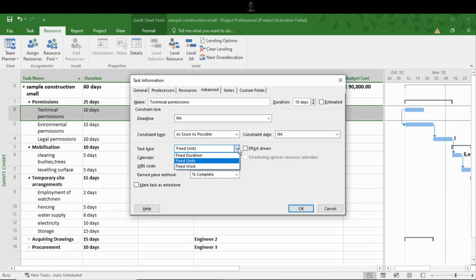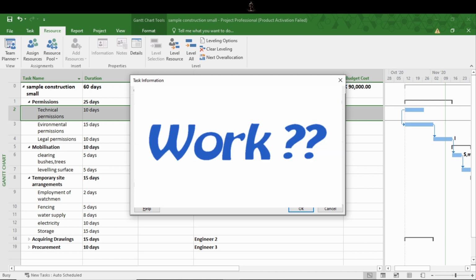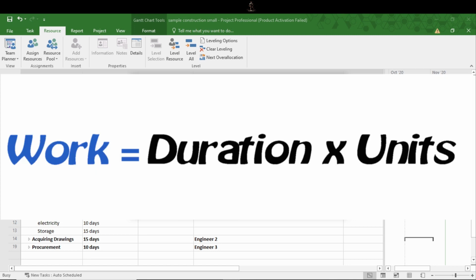We can change these task types to fixed units, fixed work and fixed duration. We will see them shortly in detail, but before that, work. What is work? If you estimate task duration and specify the units that a resource devotes to the task, the project calculates the hours of work the resource must perform.